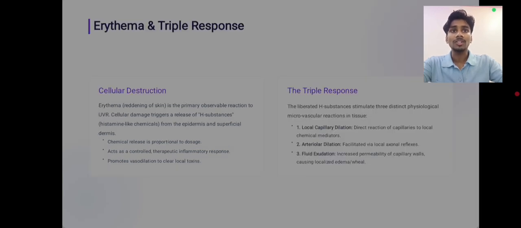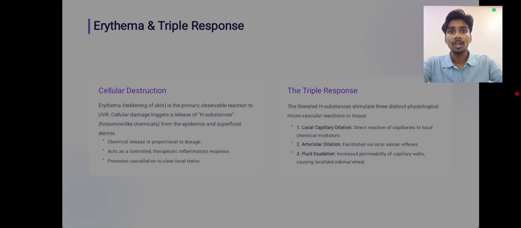The erythema and triple response. Cellular destruction. Erythema is the primary observable reaction to UVR. Cellular damage triggers a release of H substance, histamine-like chemicals, from the epidermis and superficial dermis. The chemical release is proportional to dosage and acts as a controlled therapeutic inflammatory response, promoting vasodilation to clear